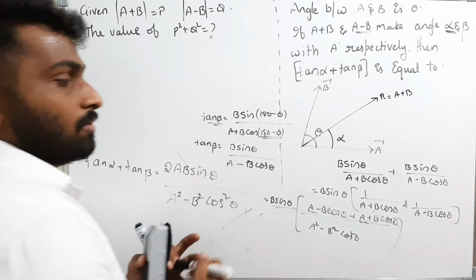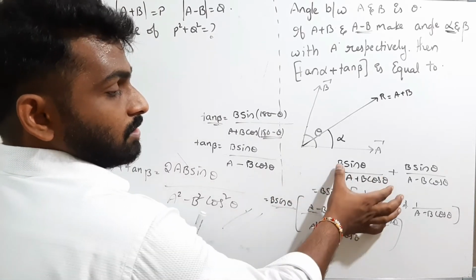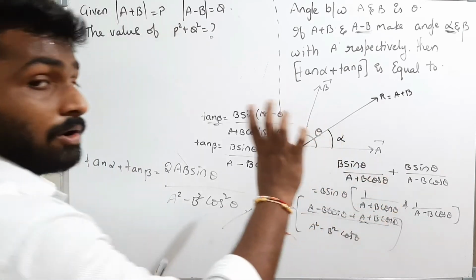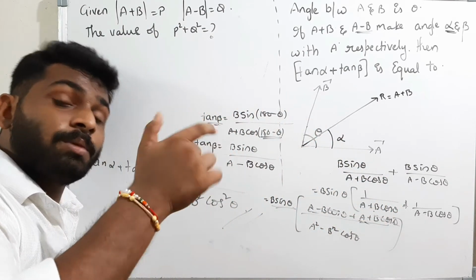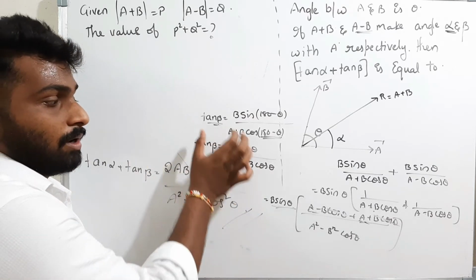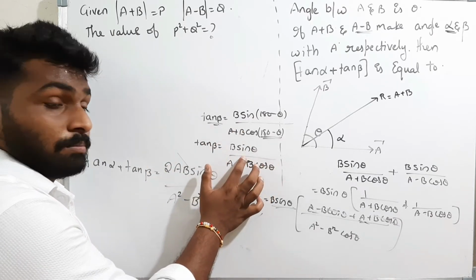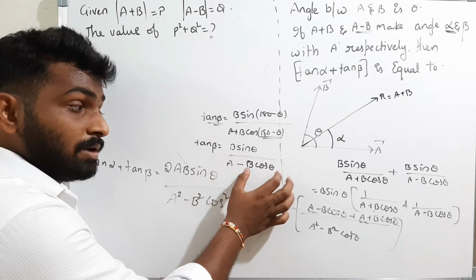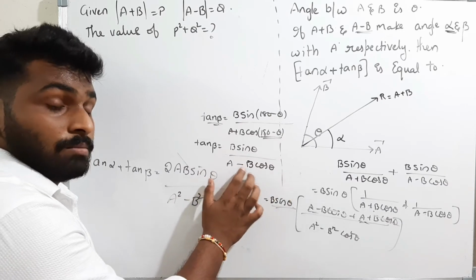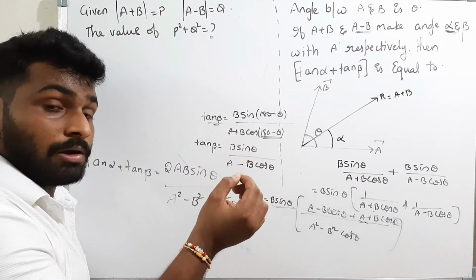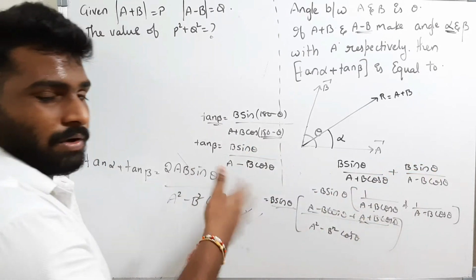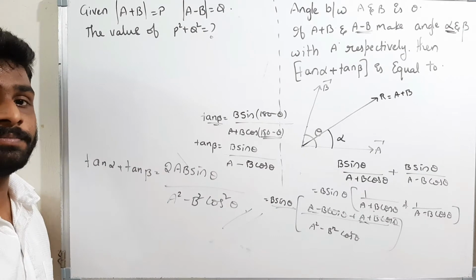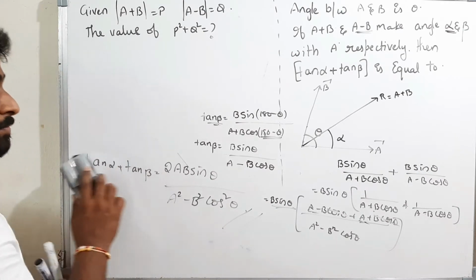See, this we already know. Tan alpha we know directly from the formula. Now if I told you it is a minus b, then the angle becomes 180 minus theta. Therefore I got tan beta equal to b sin theta by a minus b cos theta. Here minus will come because cos of 180 minus theta is a negative value. Therefore minus b cos theta. Now simply add them, take LCM, and finally you will get the answer. This is the answer. Okay, now we'll see one more problem.